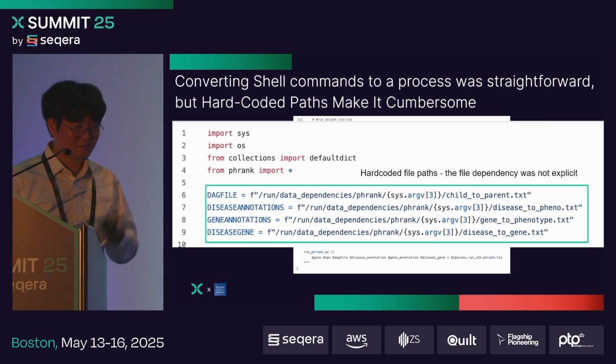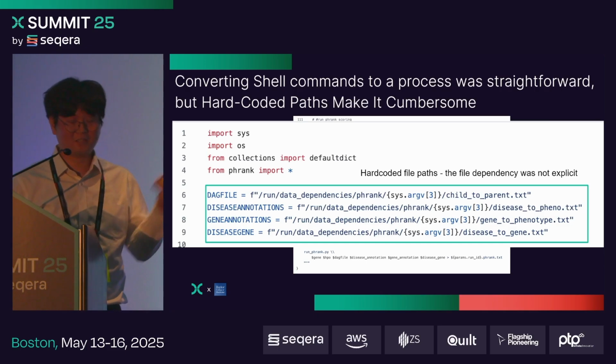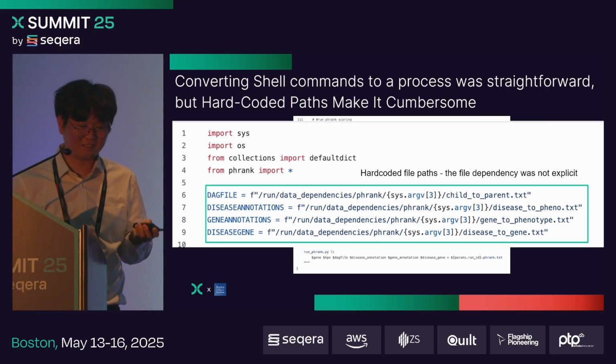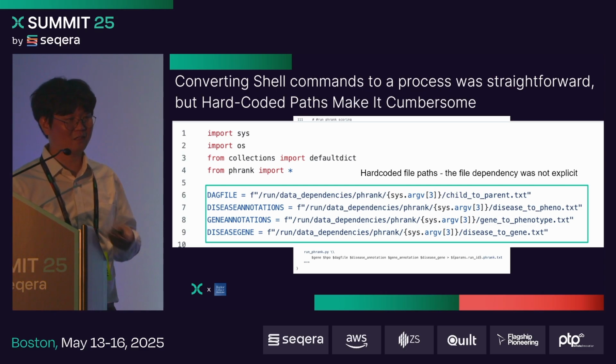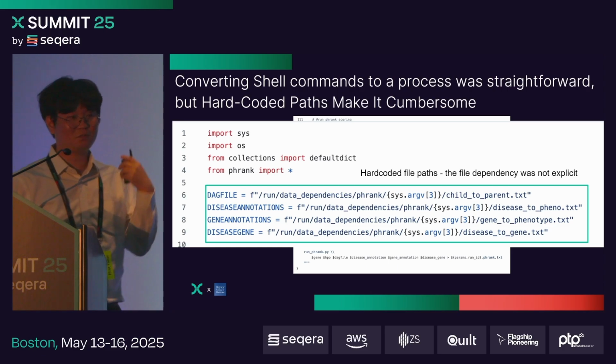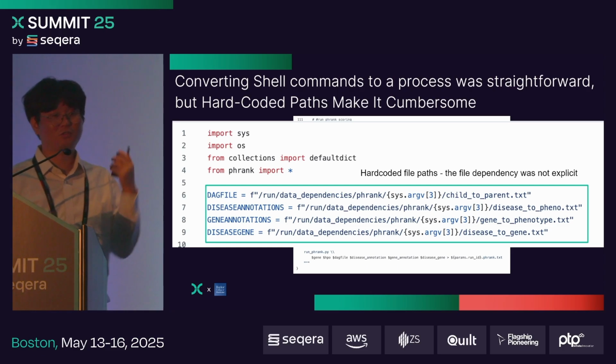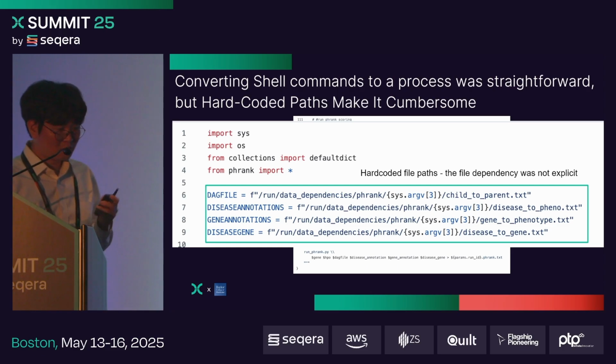It's because there's a script that has some hidden file paths. They're hard-coded and not explicitly mentioned. So it just makes our life difficult to debug and fix. So instead,